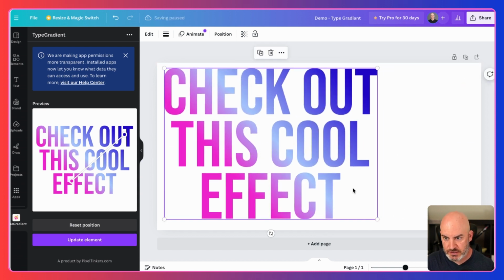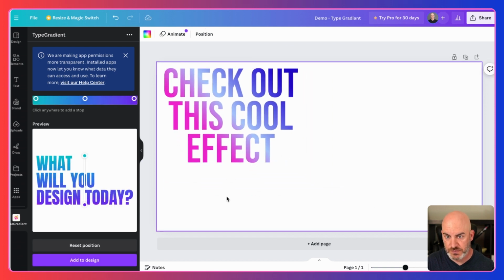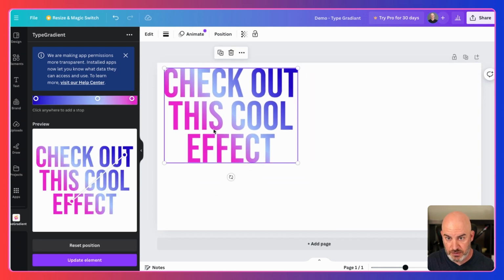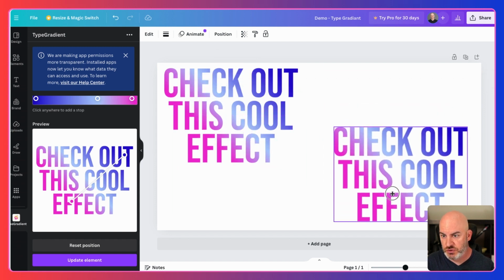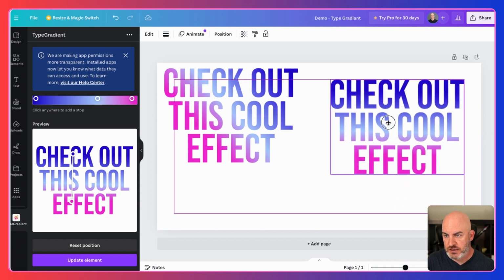Now, let's test something else. What I'm going to do is I'm going to create this one. Let's see if we can do this. I'm going to copy, I'm going to paste. So now I've got two of them. So let's just say that I want to see how a couple different variations might look. And look at that. So all I had to do was copy it and